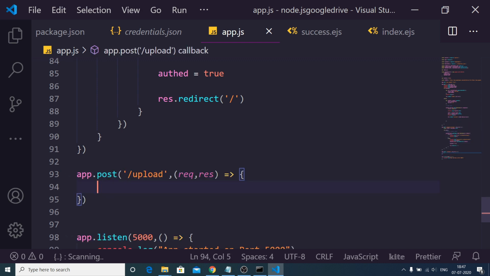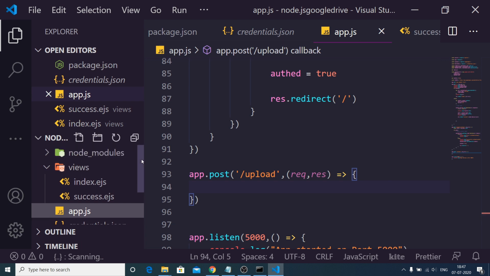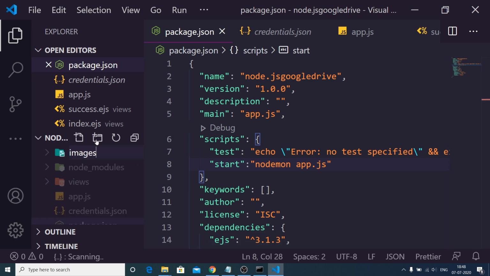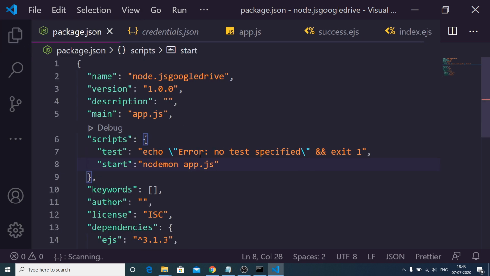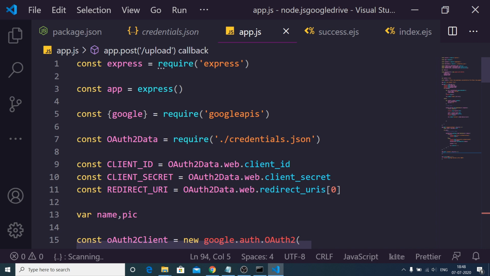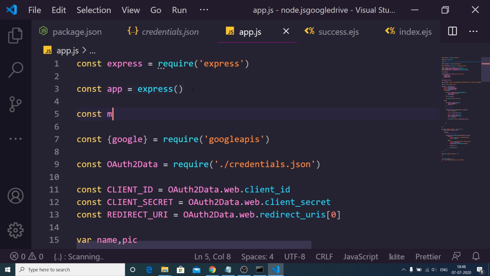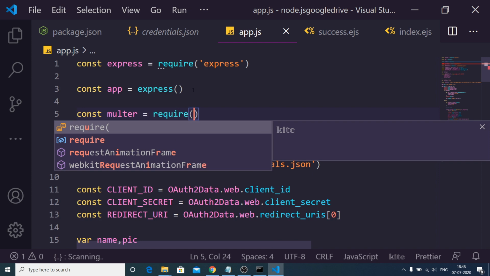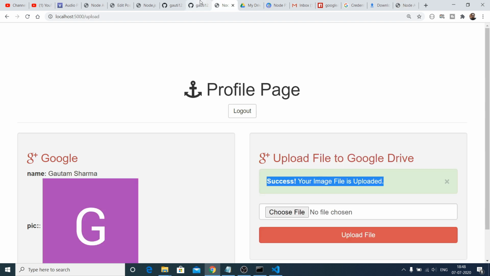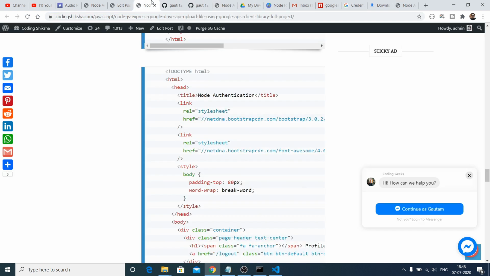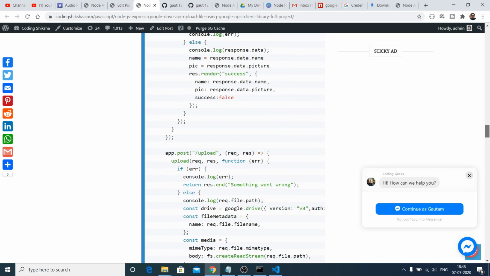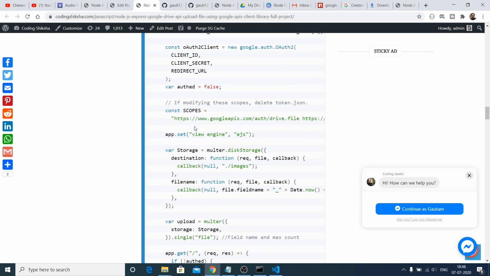And first of all, we need to make an images folder right here inside our directory. So inside this images folder, we will be storing all our files which are uploaded to the server. So here we will make use of the Multer library that we have installed. So it is a library to upload images. So require this. So it has a standard code. Every time you upload an image, the code remains constant. So I will not waste time writing the same code. So I will just copy it. So this is the code.